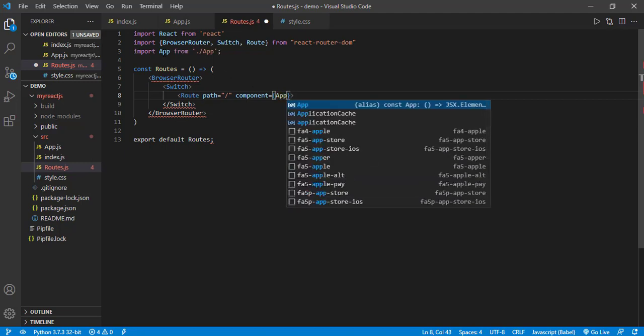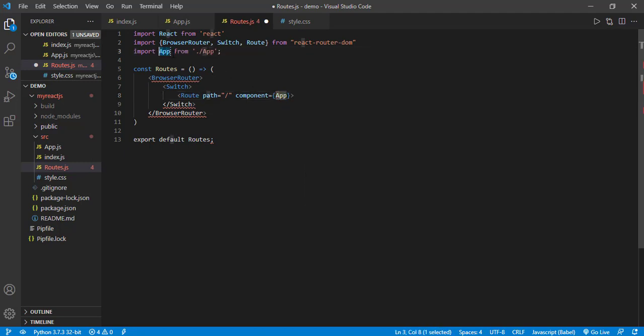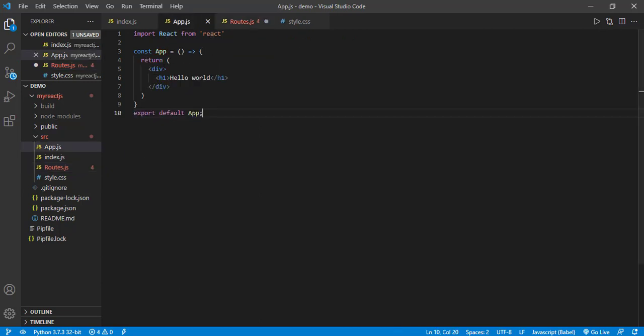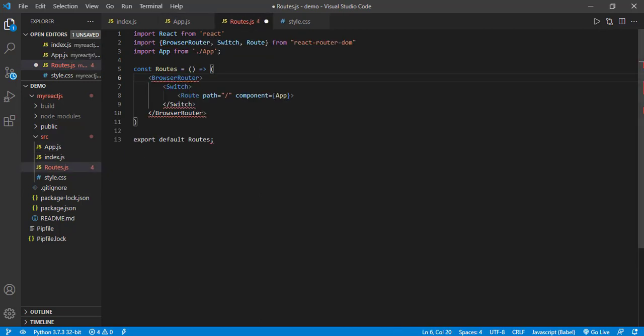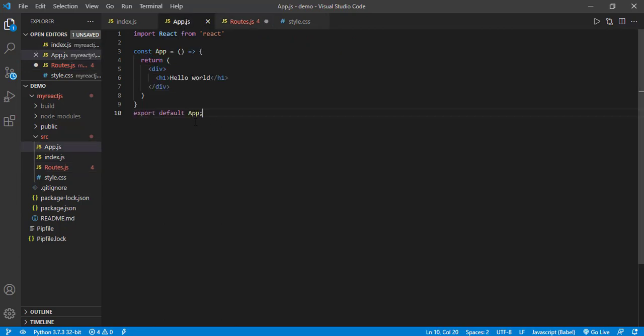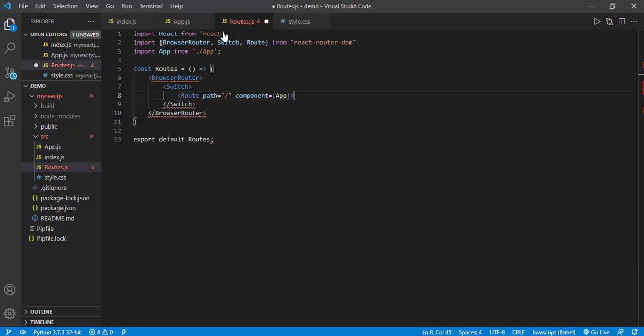So where is the app coming from? We import the app from there, and it is exported from there and imported from there. So what is actually happening there? The app, everything from this comes out there and runs from there with the home index with the slash. So we can also write exact, so it runs exactly on that path. So close this one.